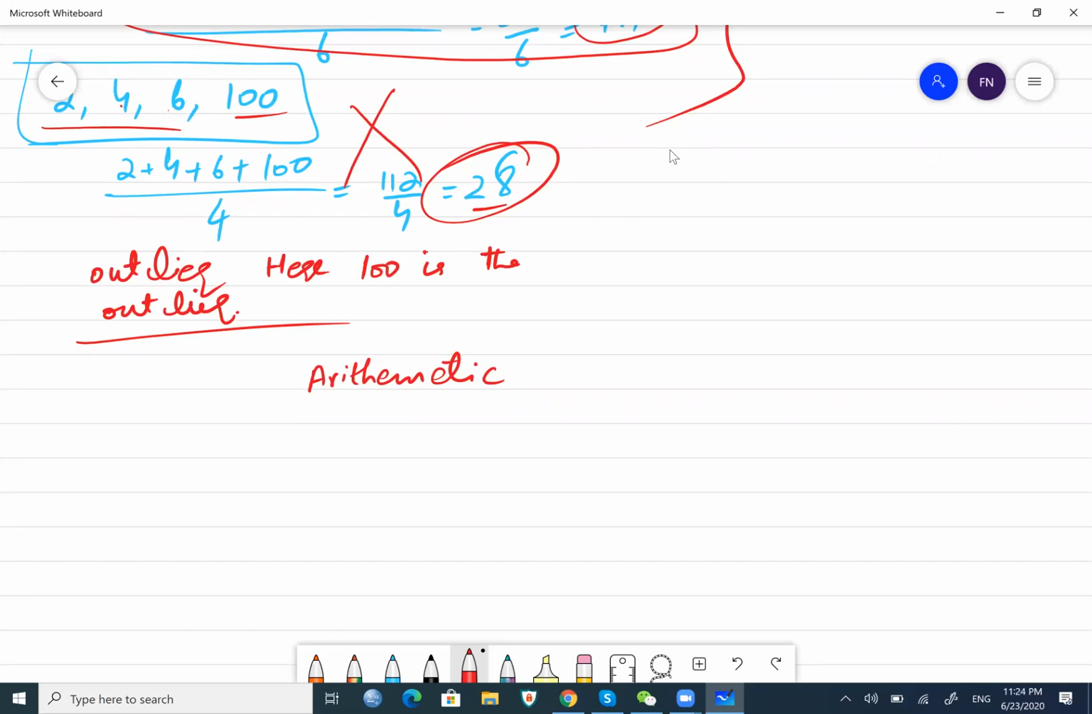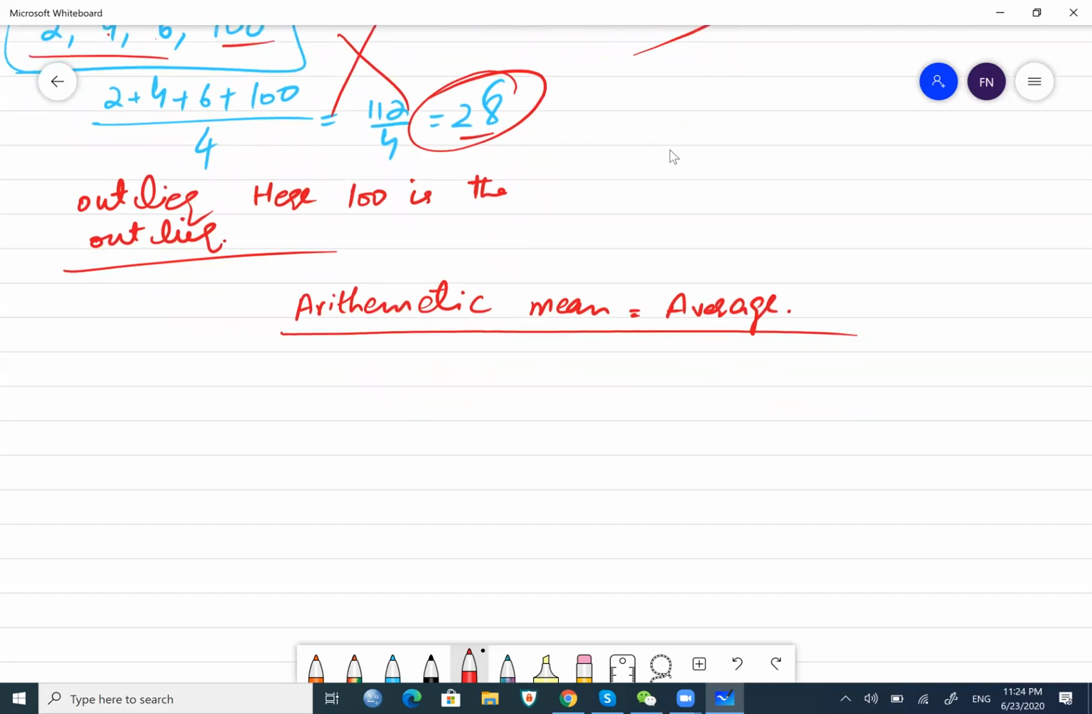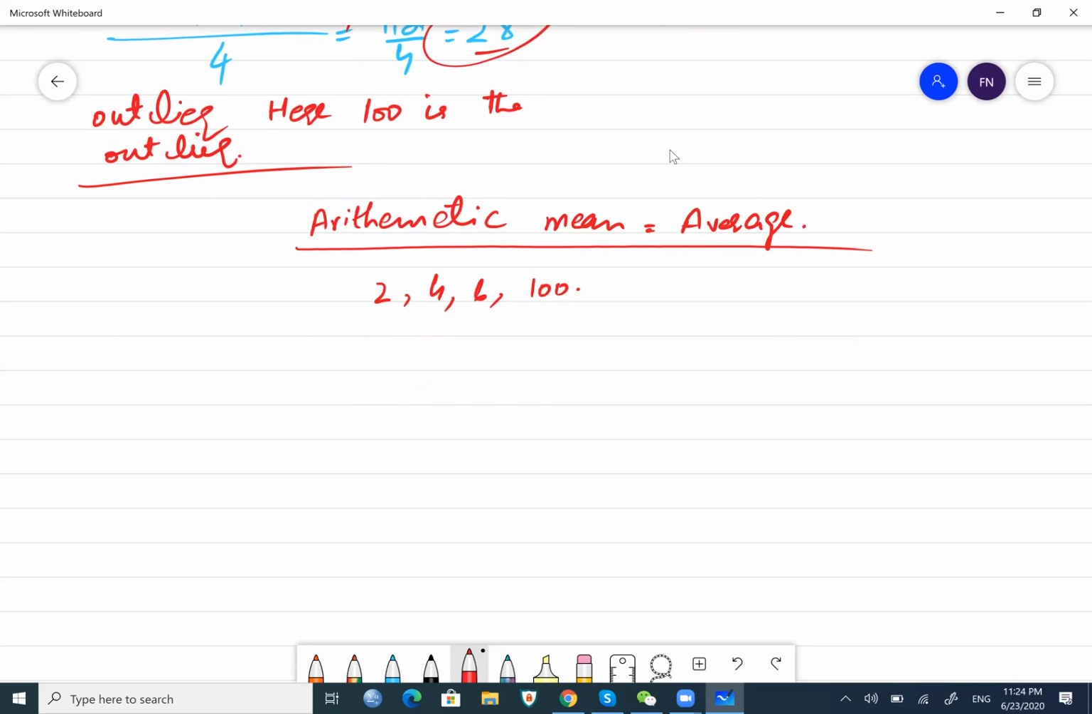Okay. So the arithmetic mean is also called the average, right? This is what we calculate in our daily life. But when we have an extreme outlier like 100, in that case, we neglect that. Let's say we have 2, 4, 6, and 100. So the right way to calculate its average, we will say